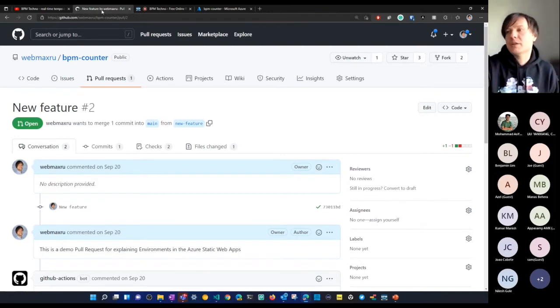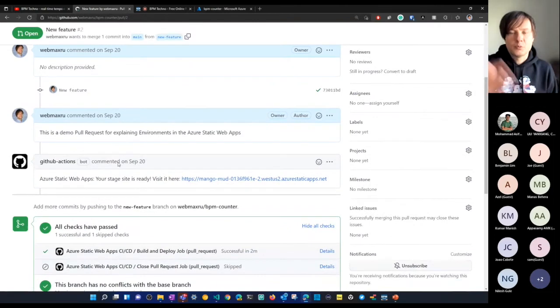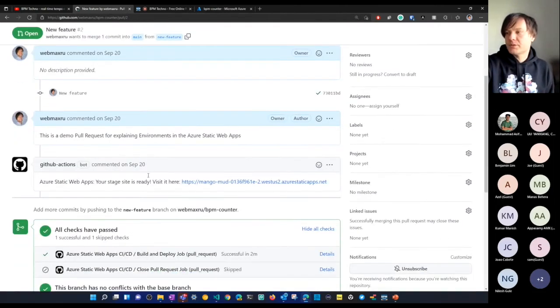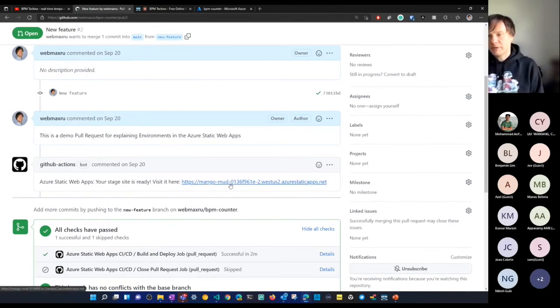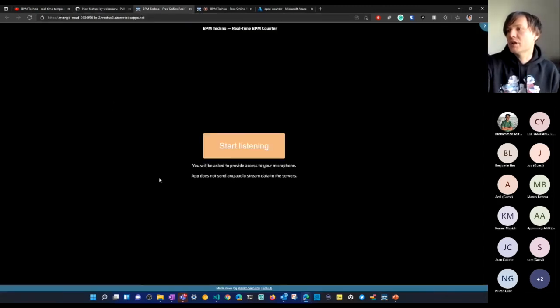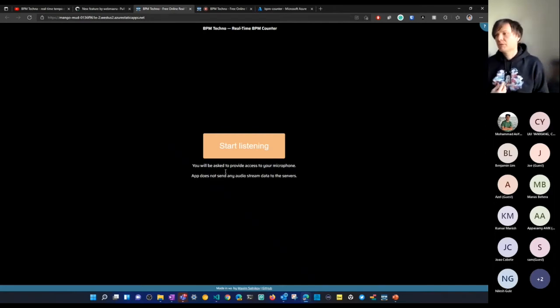What I've done, I created a new branch and pushed it to the repo, and then you see that Azure Static Web Apps created a new environment for me, a new address, and we can open this and check. Yeah, the black background.